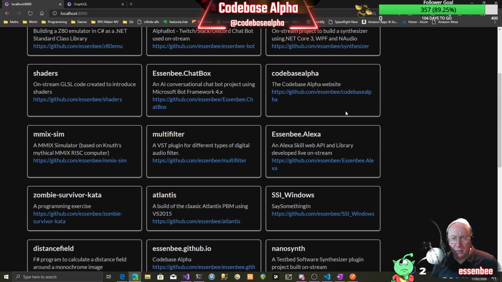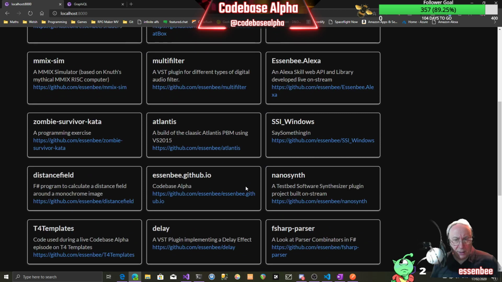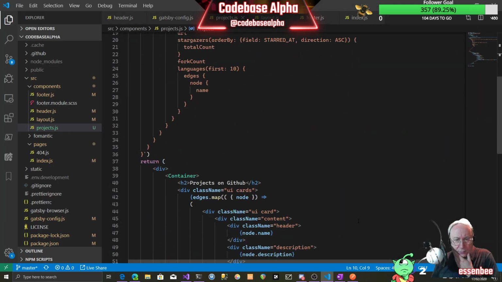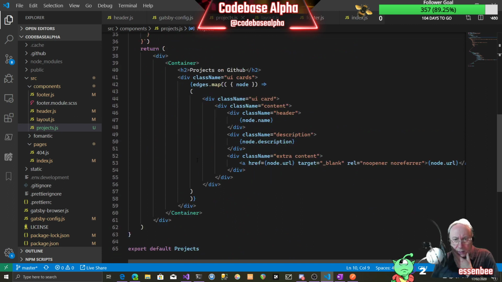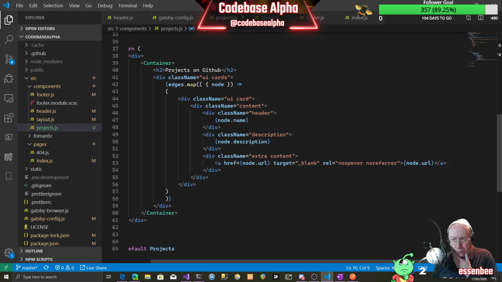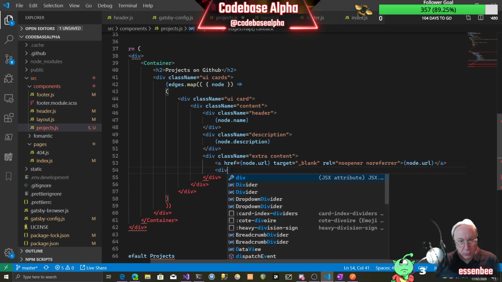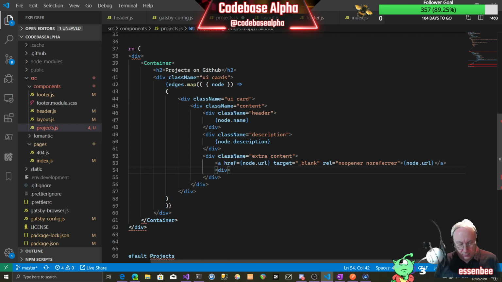Description. What we want now is some... Got to put some stars on there, a number of forks and things like that. So let's see if we can get that. The content. And then we're going to want to get one more piece of data in there. Div. In that div we'll put